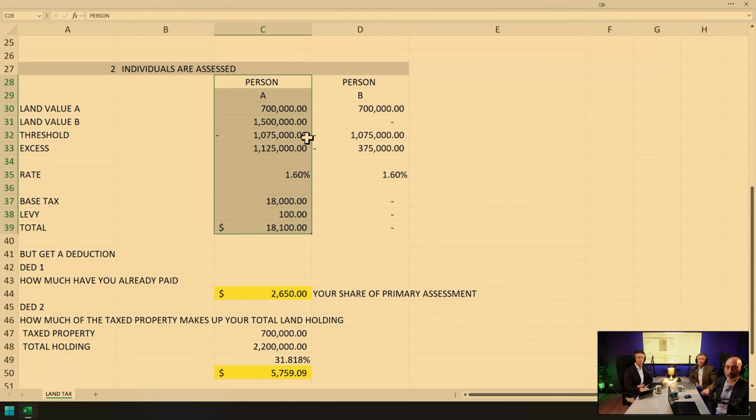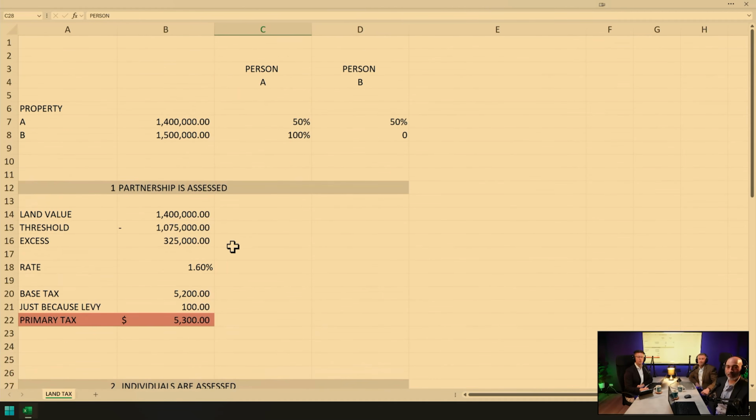They then have that $1.51 million property in their own name. Apply the threshold. They're in their own name over by 1.1. Apply the 1.6, and then you've got the $18,000 base levy. Then we have the just-because $100, add that on, so it's $18,100. But you're going to take into consideration they've already paid some land tax up in the partnership up above, and